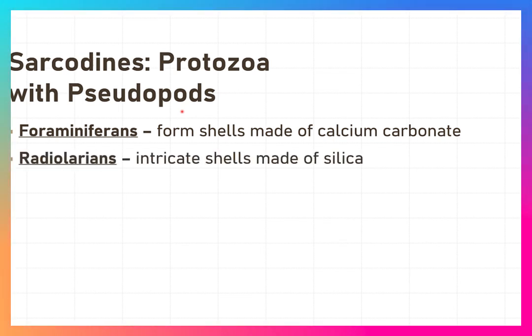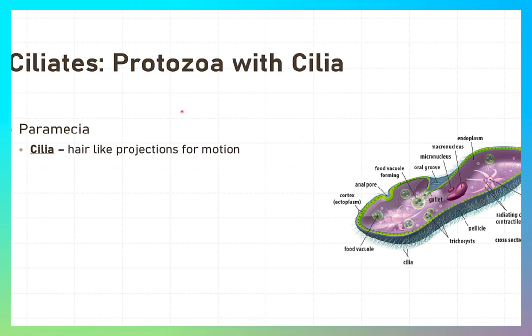And these shells can be quite intricate and made of silica. And the organisms are called radiolarians. Now there's protozoa with cilia, and these are called ciliates. The cilia are hair-like projections which help with locomotion, and the classic